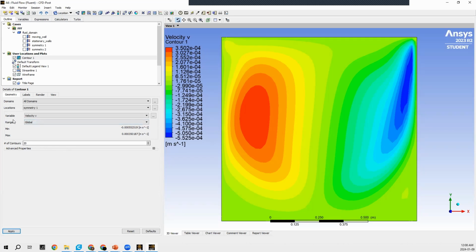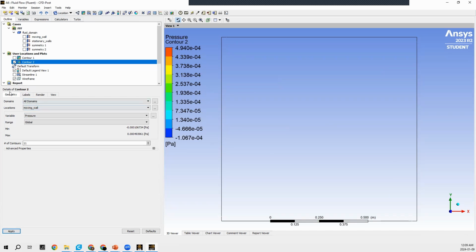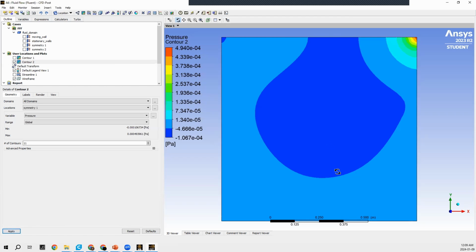And I know I've just been changing the variable that we've been showing for this one contour, but if you wanted to create all of your different contours and switch between them, you could do that as well. So just click on contour again, and that's going to create contour 2, and you can name this to whatever you want, but I'm just going to press on OK. And now we're in the details of contour 2, so I'm going to go ahead and show the pressure, and apply. And now we're showing the 2 contours, so I'll deselect the first one, which was the velocity in the Y direction. And actually, for contour 2, I needed to change this to symmetry 1 for it to be on the correct plane. Now I'm going to press on apply, and now we can see that pressure plot that